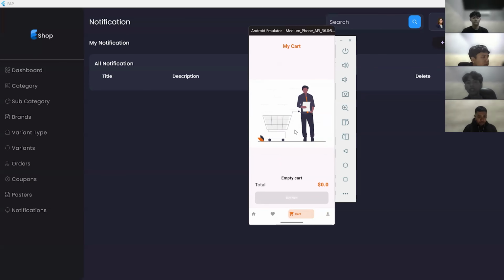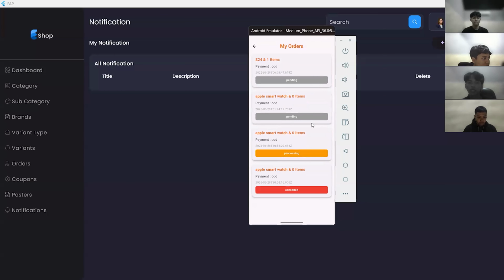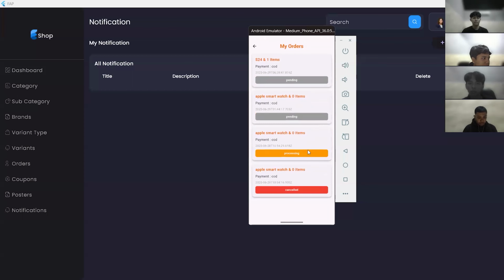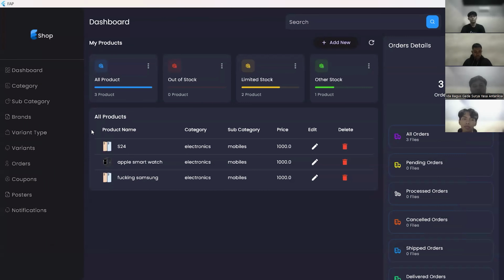You can see the detail of the product you bought in your profile, in My Order, like this. Okay, and that's all for me. And the next will be presented by Gus Anta.